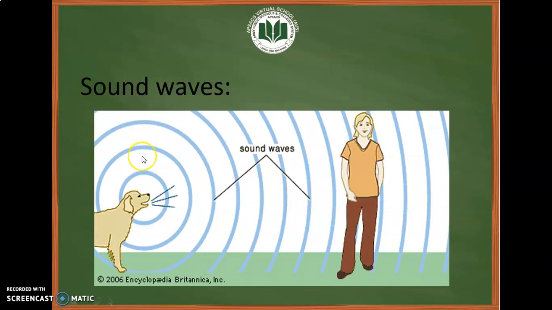Sound waves. Sound is made up of the vibrations that we can hear. These sound waves are formed by objects. As you can see in the picture, the dog is barking and it is creating some sound waves in the surrounding, and a person near the dog is hearing the sound from a distance. When the sound waves reach the ears, they make the delicate skin of our eardrums vibrate, and that's how we are able to hear the